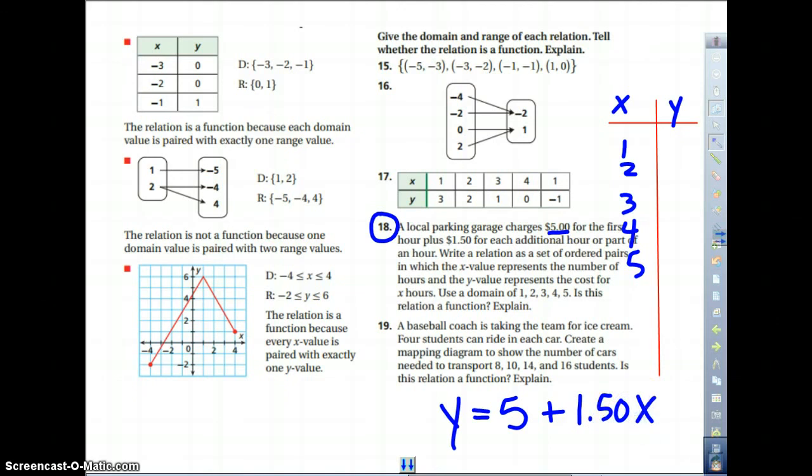Would this be right to write it like that? Because for the first hour, they're going to charge you $5. But if you put in 1, your charge isn't $5, it's $6.50. Yeah, it doesn't count for the first hour. This is like that question on the Chapter 2 test. We have to take this and subtract what right here? 1. Yeah, we have to subtract out that first hour because the first hour is being charged at this for